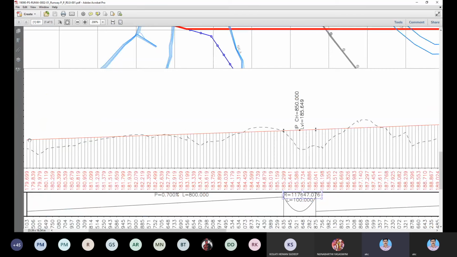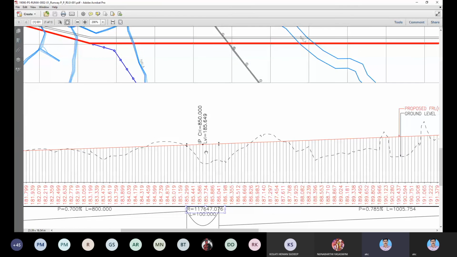Now they have designed this runway. My runway will go like this, smoothly. These portions I need to cut, and this portion has to be filled because there's no material here. So when the road goes here, you need to fill this material, as it is below the proposed profile.